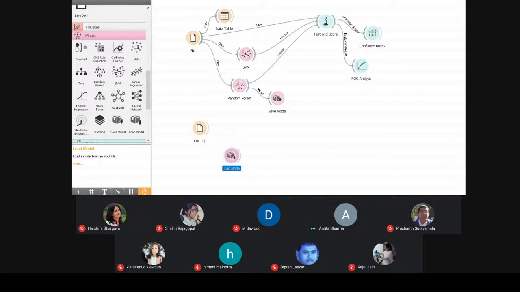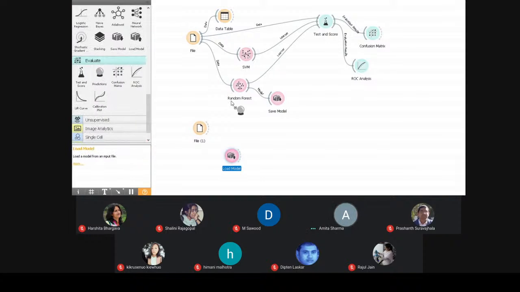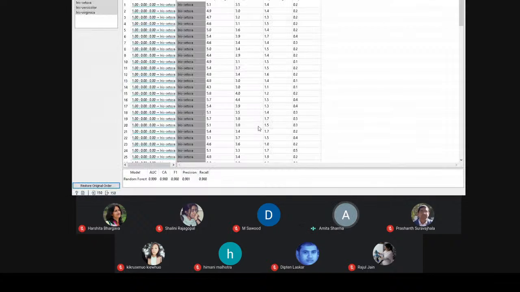Now in this case, I'm going to use the prediction option rather than the test score option. I'll connect my file with prediction, and I'm also going to connect my model with this prediction. When you click on this, you will find the values generated for the particular data set, so the actual value and the generated value you can easily see. This is the actual value which is present in my data set, and random forest has generated this value.